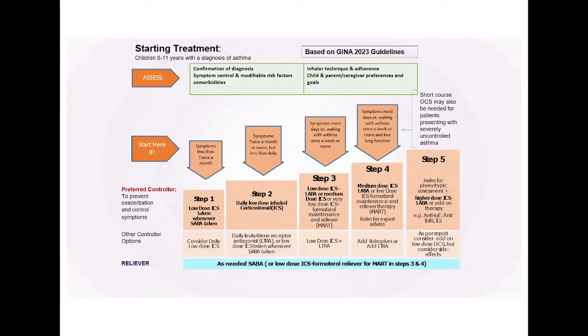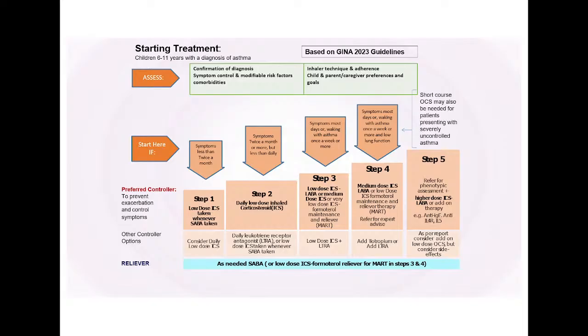So पहले intermittent asthma में क्या करते थे, SOS MDI salbutamol inhaler देते थे, but the recent GINA guidelines से जब भी देना है salbutamol आपको inhaled corticosteroid के साथ देना है, especially in more than 5 years of age group. So this is to prevent long term response. So now the step 1 for intermittent asthma like symptoms, we have to give low dose inhaled corticosteroid whenever we are giving salbutamol. Step 2 means if the symptoms are twice a month or more but less than daily symptoms, then